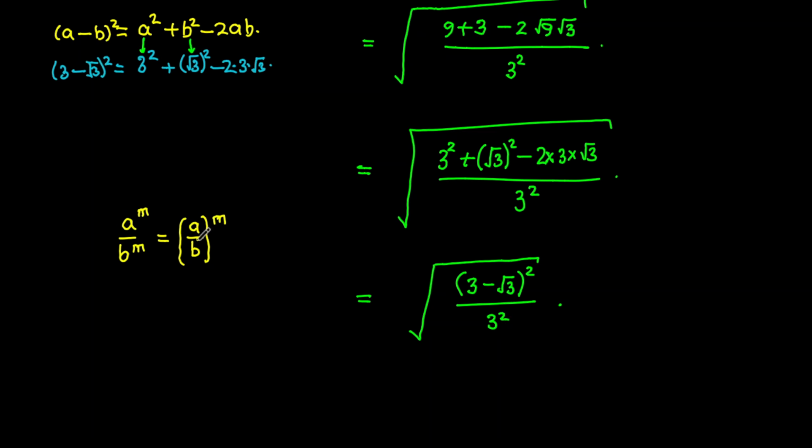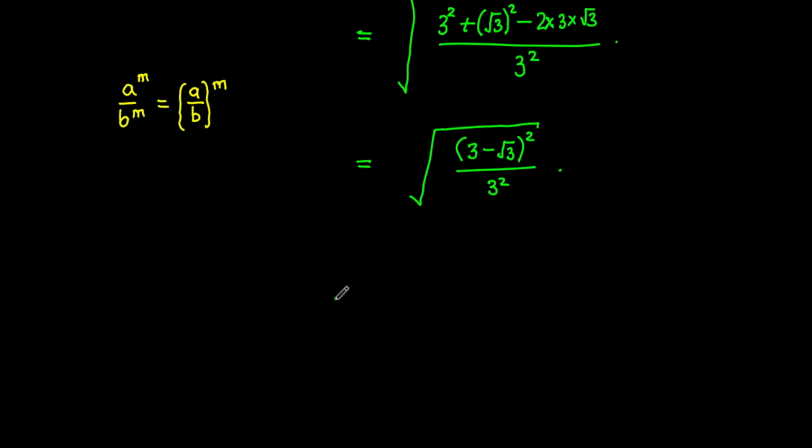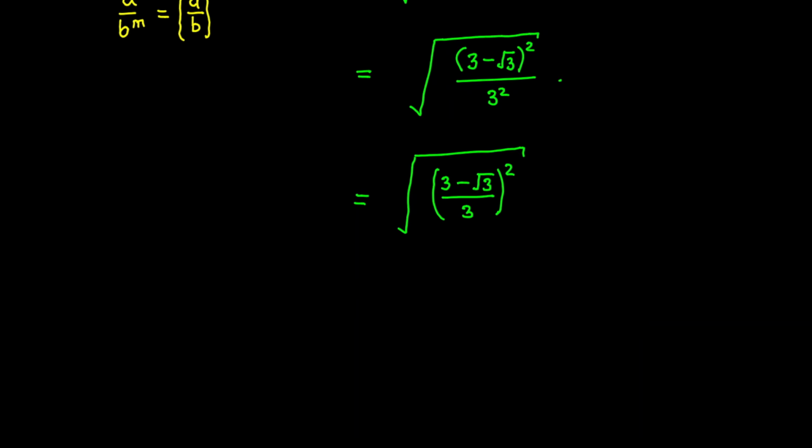Now we want to write in the form of this, so let's go ahead and implement it in our next step, where we have our 3 minus root 3 under 3. So the whole of this we need to square, because we're just pulling this exponent out here, and remember everything is still under a square root. We also know that this square root is the same as a power of 1/2. Now we can rewrite that and see that, okay,